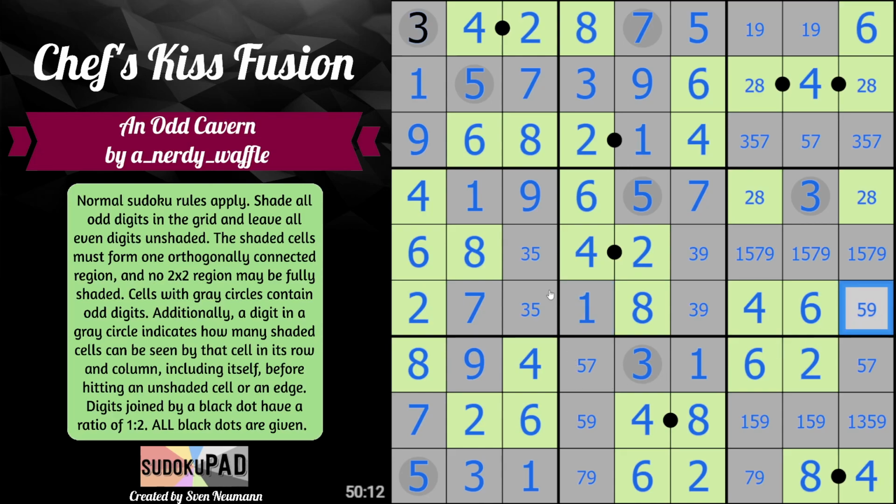Pulls 1 out of here. 3, 5 is fine. 3, 5, 3, 9, 1, 5, 7, 9. 2, this can't be 1, so this is 5, 9. We have a lot more 2s. We have 7 2s, I think. Yeah, we have 7 2s,